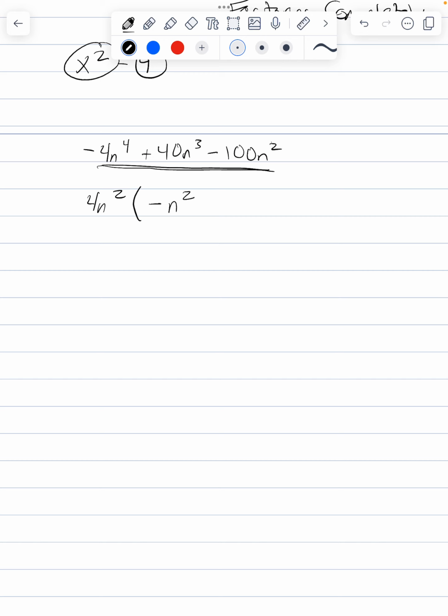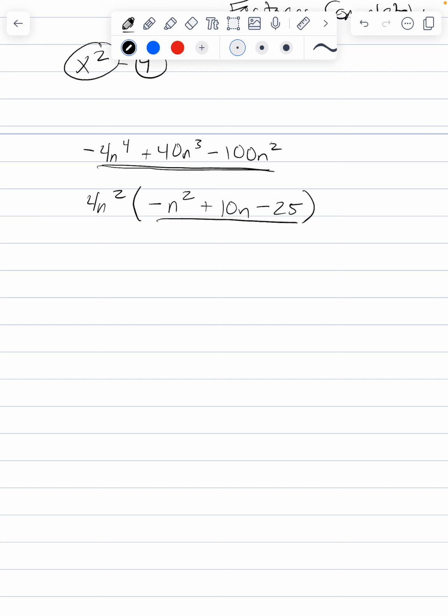to the fourth divided by 4n squared is negative n squared. And if I divide 40n to the third by 4n squared, I end up with 10n. And if I divide negative 100n squared by 4n squared, I get negative 25. That n squared divided by n squared gives us 1. So we're left with this. Well, the nice thing about this problem is that this looks pretty clean to factor, doesn't it? Certainly does. So in order to factor that,